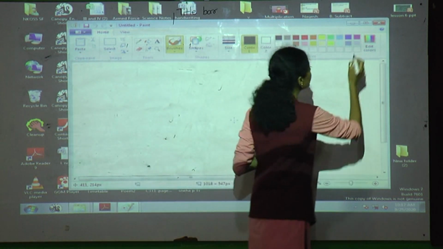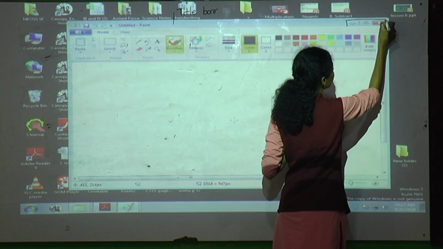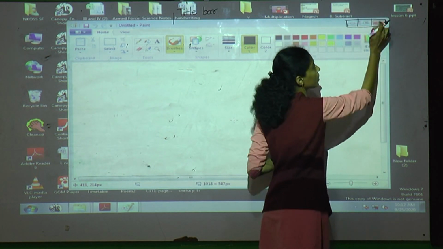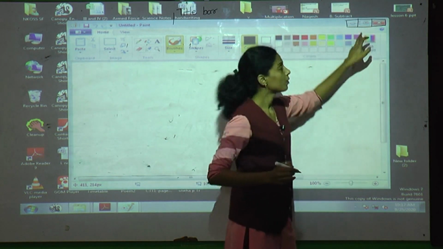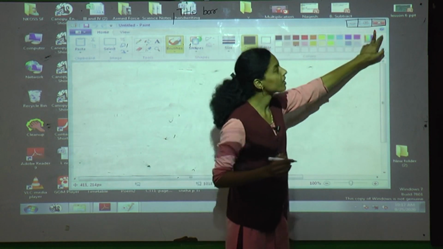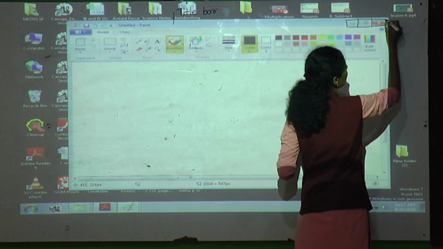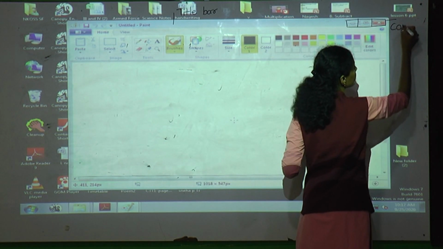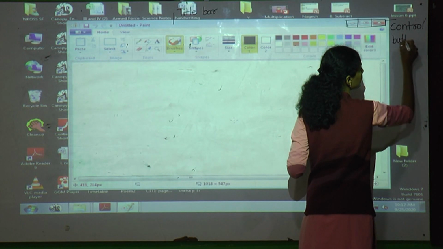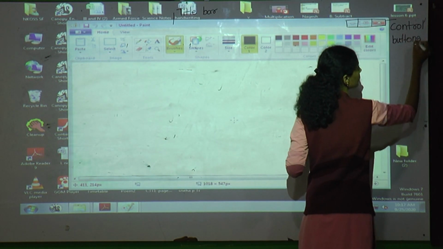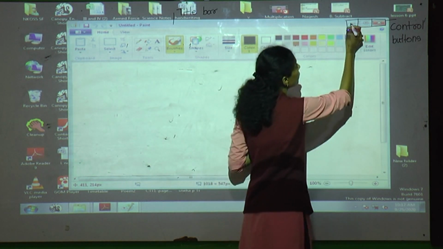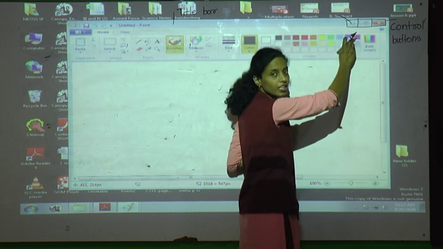Title bar has three buttons. 1, 2, 3. You can see here 1, 2, 3. In title bar there are three buttons. Together they are called control buttons. Now what is the name of this button?